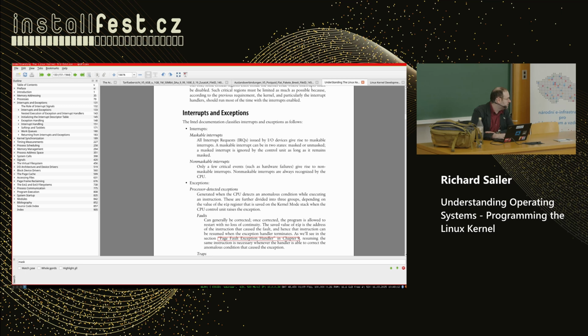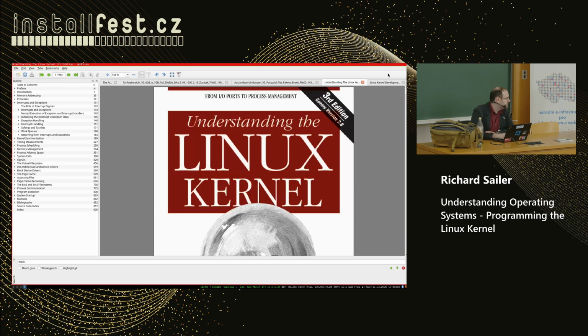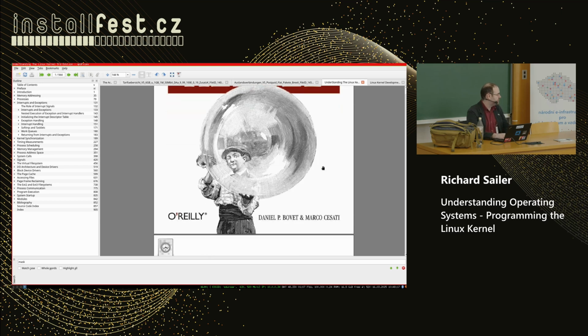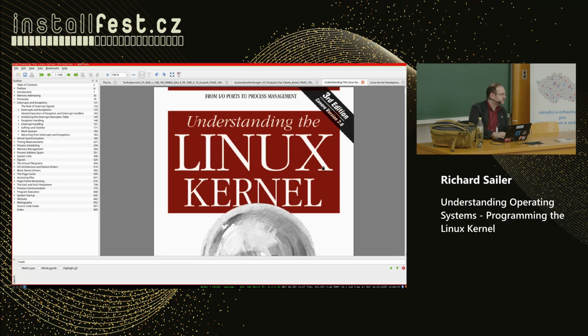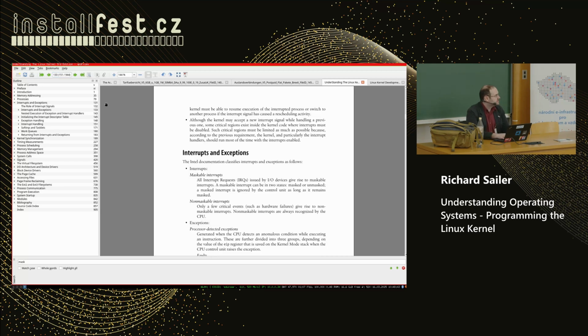That is the cover, Understanding the Linux Kernel. It is pretty old, so you usually get it very cheap on Amazon, or I got my copy actually when my library sorted it out. But most of the stuff is still accurate, and it is quite an interesting background read. Also for the thing that I explained before, it was page 133. So here the interrupts and exceptions.